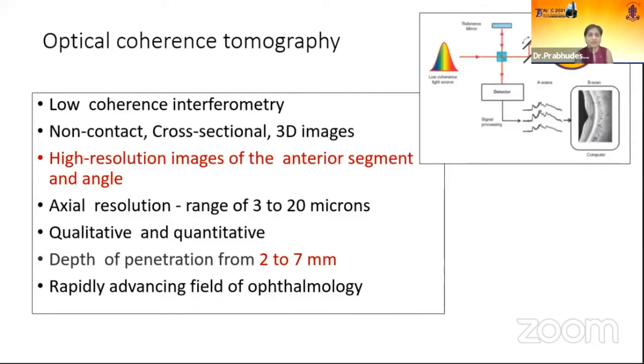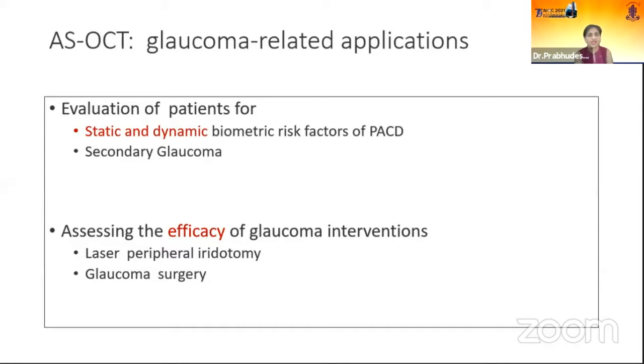So OCT, we know, is a low coherence interferometry. It's non-contact, cross-sectional 3D images can be obtained, and it gives us high resolution images of the anterior segment. Depth of penetration is almost 2 to 7 millimeters, and it is a rapidly advancing field of ophthalmology. So it helps in evaluation of patients with the help of static and dynamic biometric risk factors for angle closure disease, secondary glaucomas, and also it can assess efficacy of glaucoma interventions like laser peripheral iridotomy or glaucoma